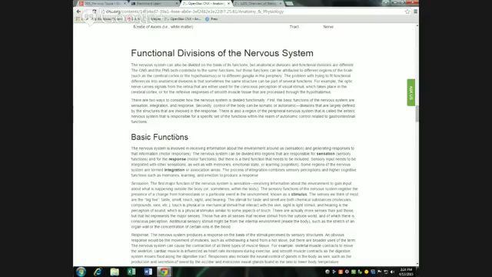So if you're looking at that first paragraph under basic functions, you'll see that it talks about sensation and response, which is motor function. And then the next bold-faced word is integration. There are some parts of the nervous system that don't clearly fit into a sensory or a motor function, but rather it's where we put the information together to sort of decide what we're going to do. At its most simple form,